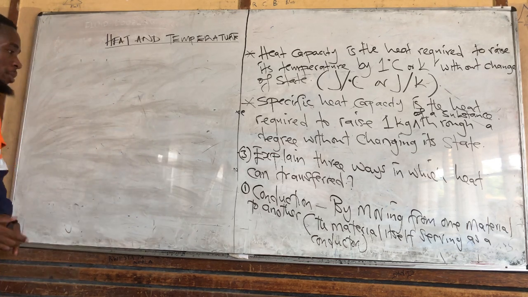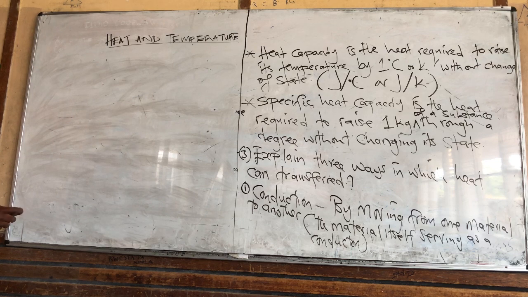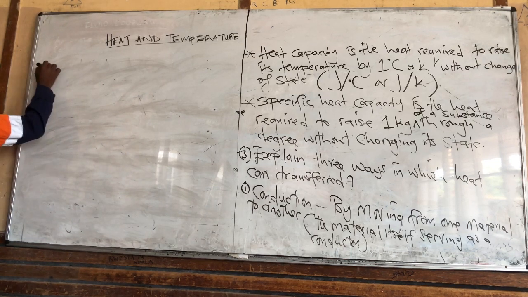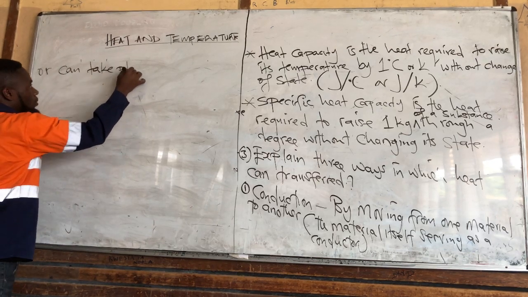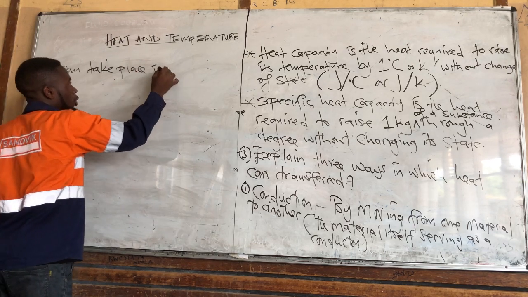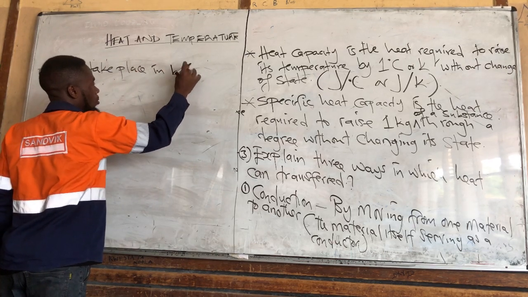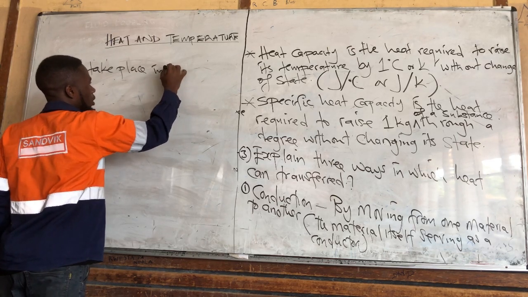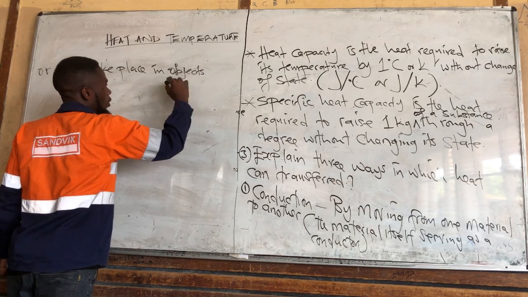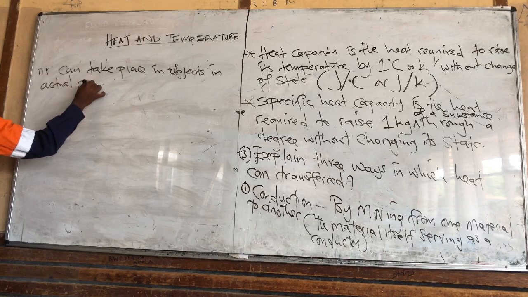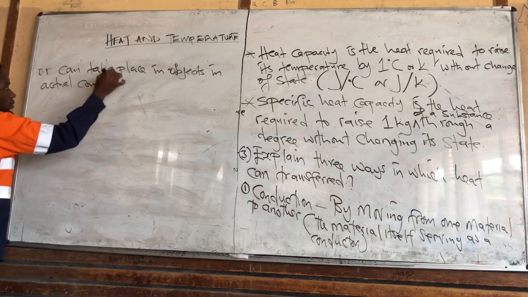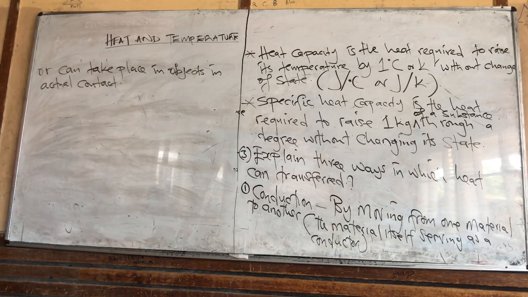One point to another, or from one material to another, the material itself serving as what? As a conductor. This can take place in materials or bodies, in objects in actual contact, by moving from one point to another. Okay. So number two,